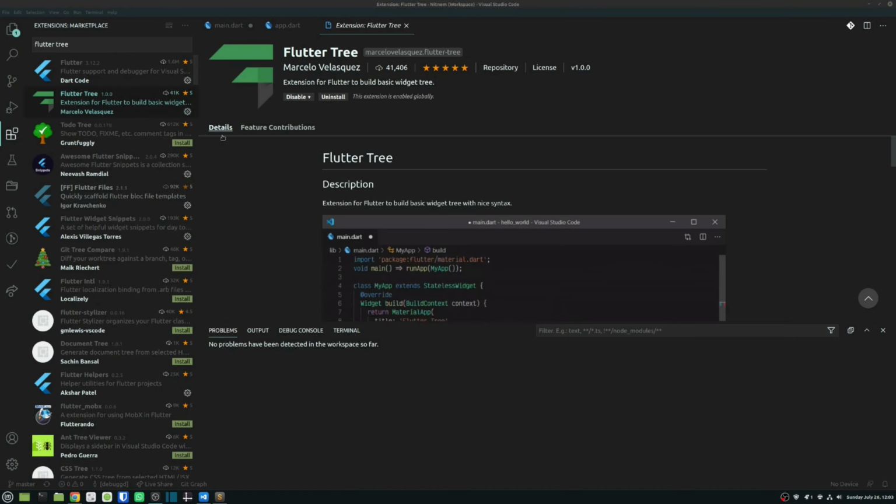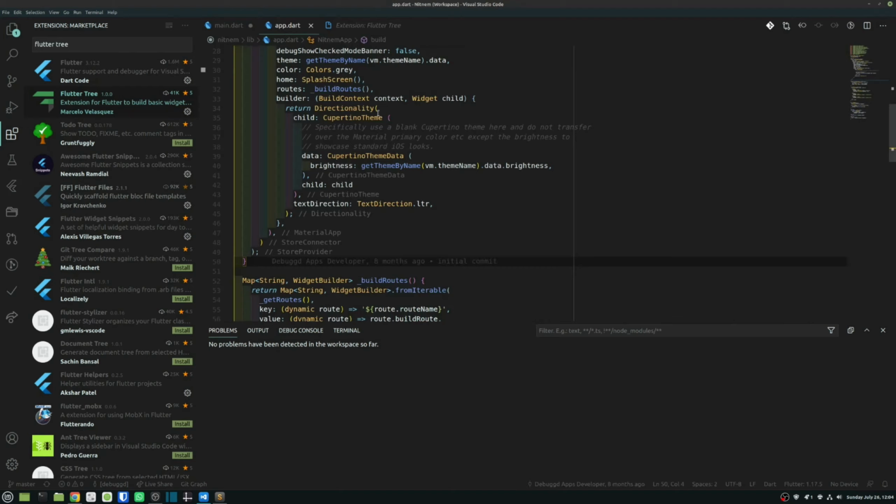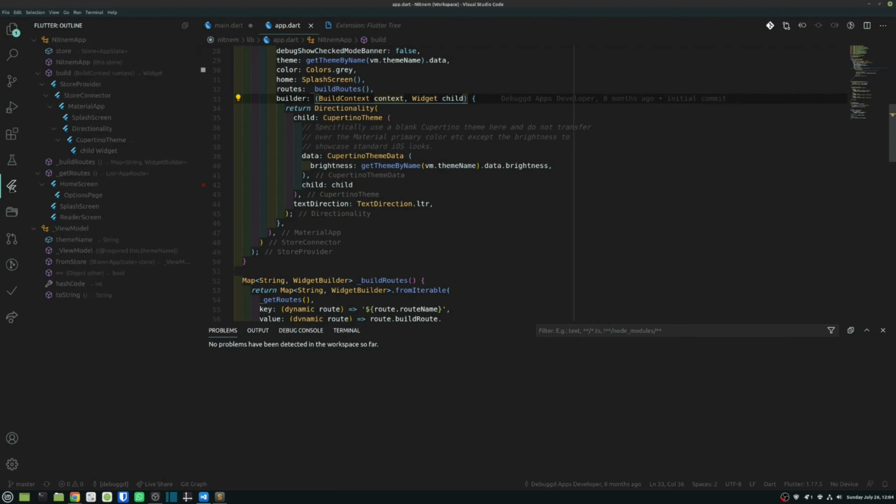The next extension I want to talk about is called Flutter Tree, and you just go into the extensions and search for Flutter Tree. I want to show this in action to you. If I open one of my Flutter source codes, you can see that in the left hand navigation bar this Flutter icon appears. Once you click on that, whichever Flutter source code Dart file you have opened, it will show you a tree of all your components. This is very useful to get an overview of which components you are building and what is the order of those components.